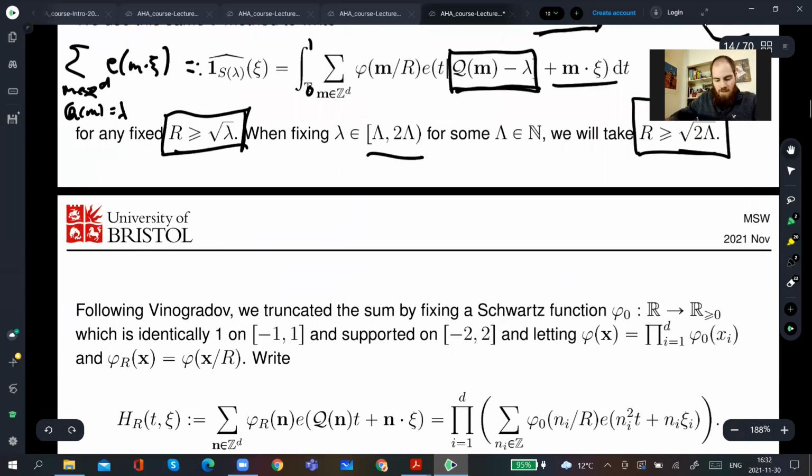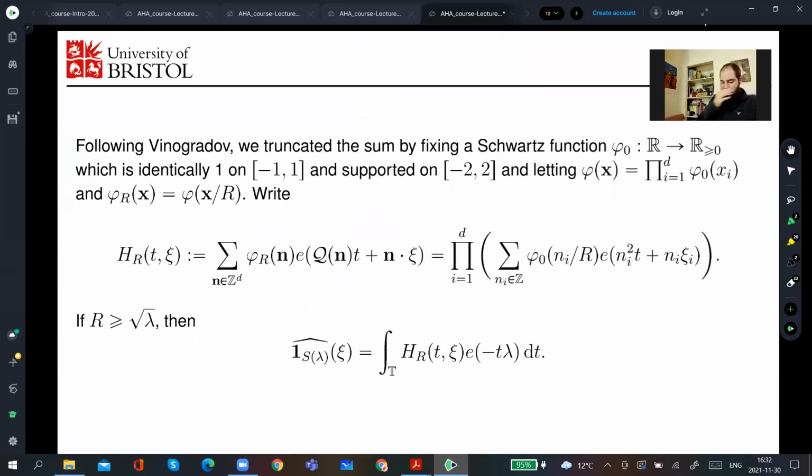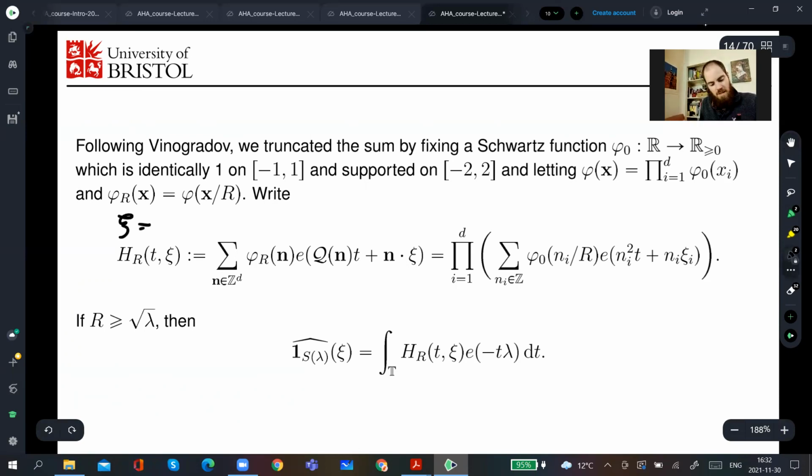Yeah. So we've done, oh yeah, I've mentioned right here what that function was. Now I'll rewrite that integrand itself as some exponential sum. Okay, like we did previously. And that exponential sum splits into a product of d one-dimensional exponential sums, as indicated on here. We had this exact same formula before when C was equal to 0, right? So that this disappears, and this disappears, and that's just 0, right? And we use that to count the number of points on a sphere of radius root lambda centered at the origin.